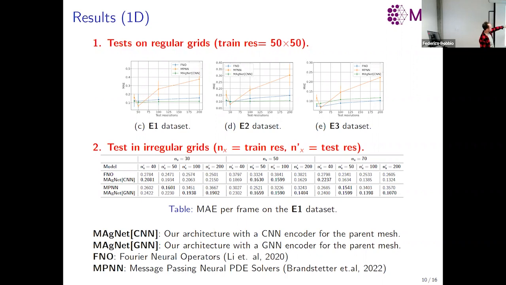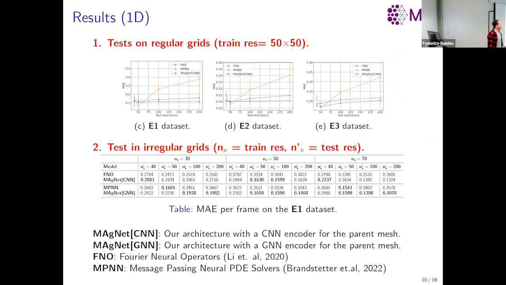I'm sorry, it's a bit small. But basically at 50, it means that it was trained on a resolution and predicted for the future on the same resolution. It's quite similar for all the models. But you see that when you increase the resolution, so it was trained at 50, you want to predict directly at 200 by 200 mesh, then suddenly